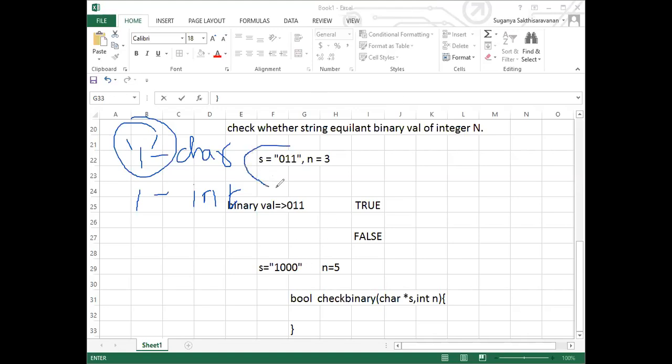This character input will be given. Divya, what is that? Okay, fine.